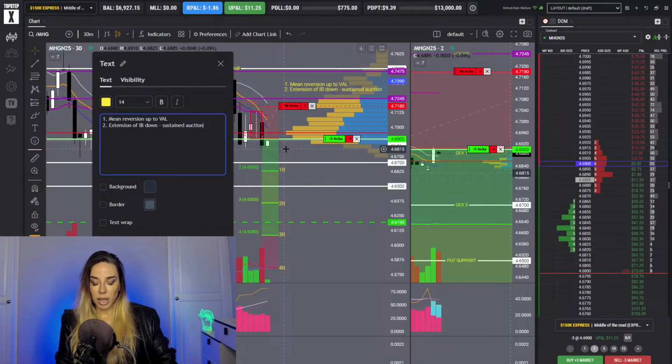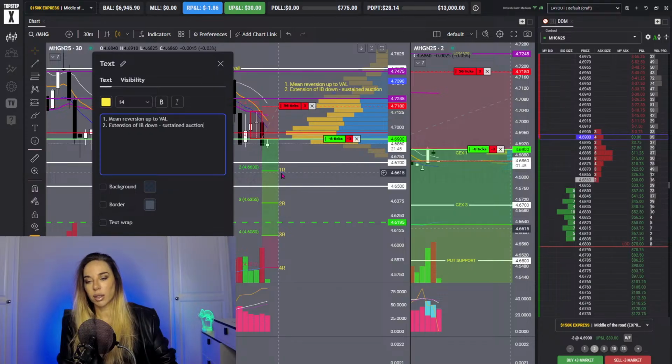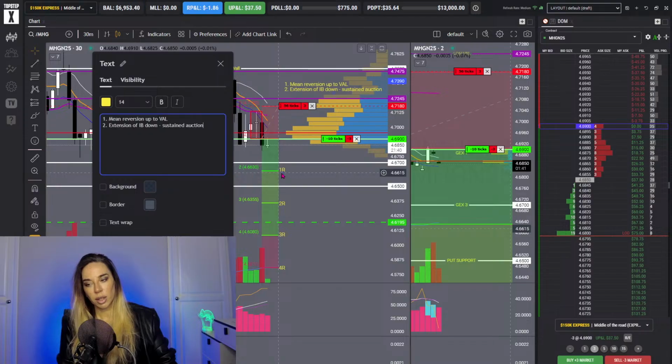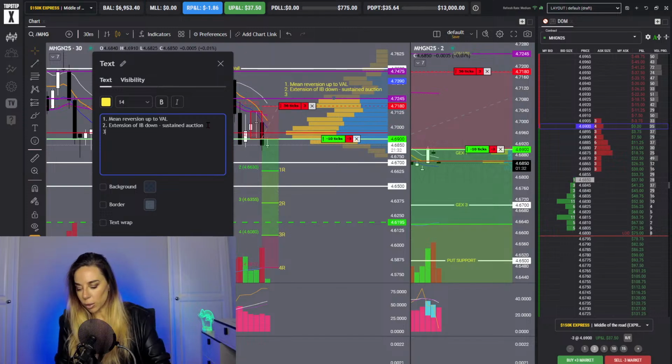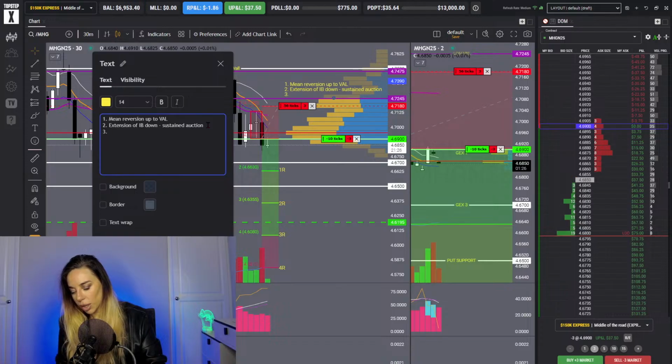That could mean a pretty big day. Again, there are a couple of things where I'm looking at the data that I have in front of me thinking, yeah, this is kind of starting to shape up as a decent sustained auction down setup. If this fails, and if we get stuck just pinging back and forth, that brings me to my third hypo,